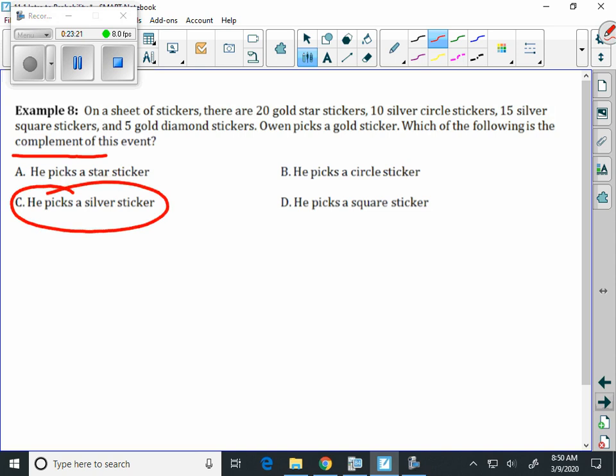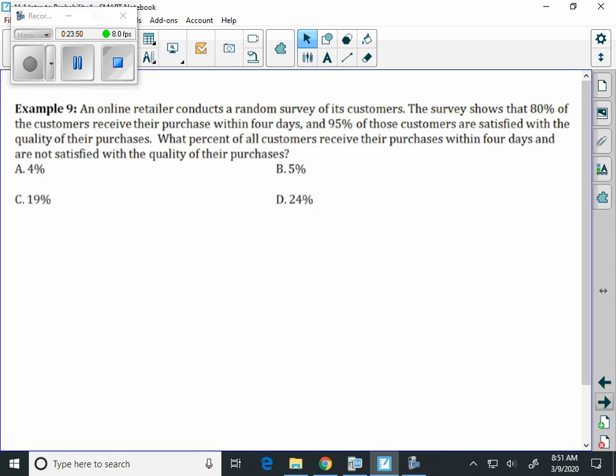And there seems to be some miscellaneous information in there because we've got the 20 gold star stickers, we've got the 10 silver circle stickers. But really what's important in this information is that you're working with either gold or silver stickers. And so it says, which of the following is the complement of this event? Since he picks a gold, the complement is not picking a gold, which would mean that he picks a silver. Lastly,